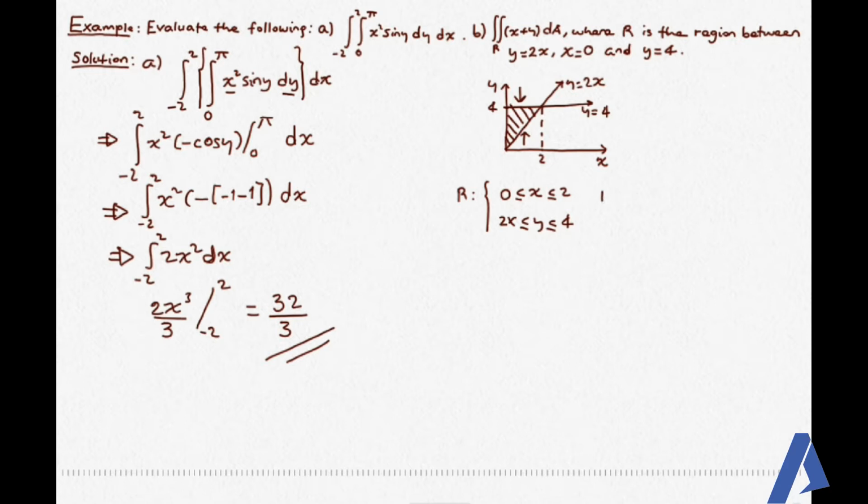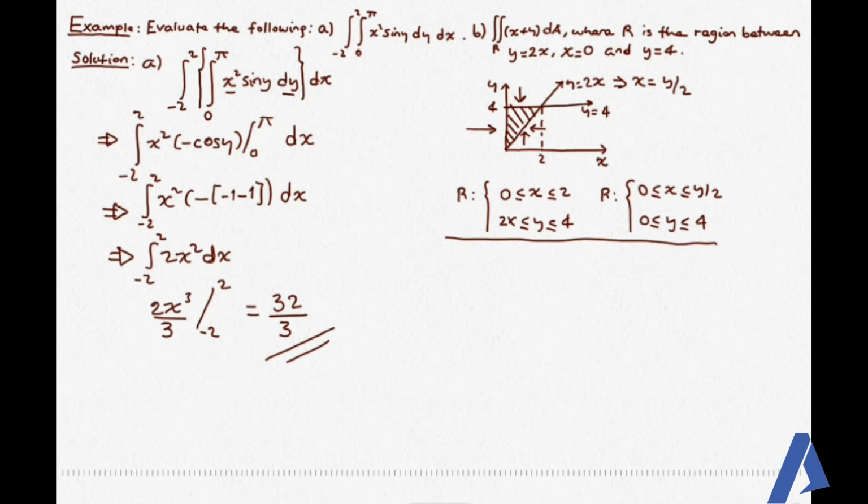ከዛ ሁለተኛው possible regionአችን ደግሞ ምን ይሆናል? In the x direction as a function ብንገልጸው በዚህ side it's restricted by x is equal to 0 and በዚህ side it's restricted by this function which is a line and it can be represented in terms of y ማለትም x is equal to y over 2 ማለት እንችላለን። ስለዚህ in the x direction it's between 0 and y over 2, ከዛ in the y direction ደግሞ it's between 0 and 4 ማለት ነው።